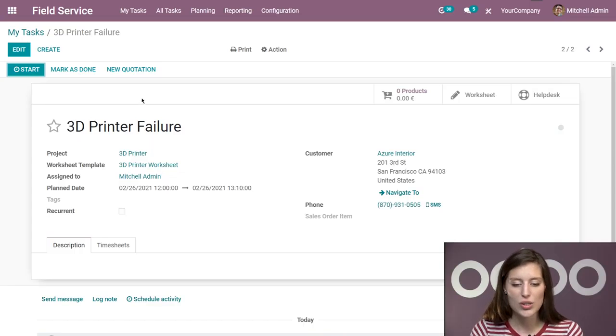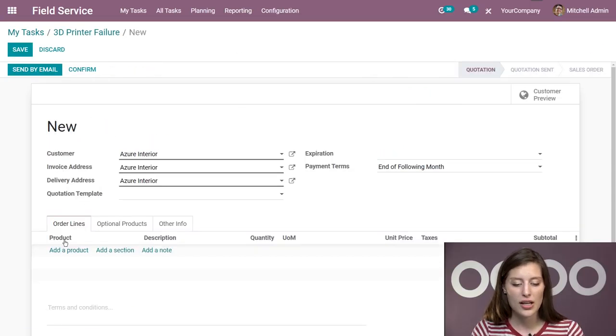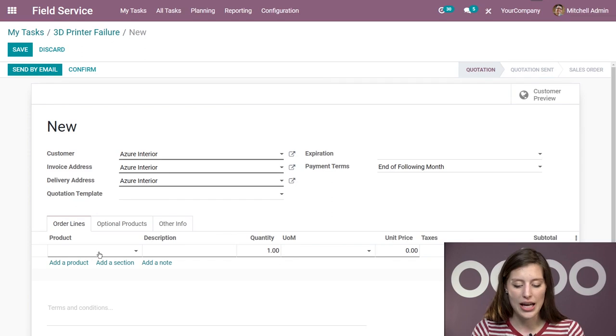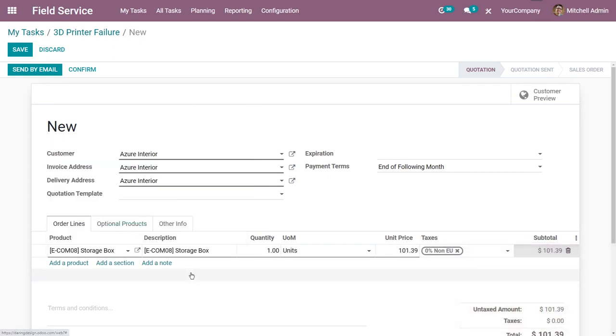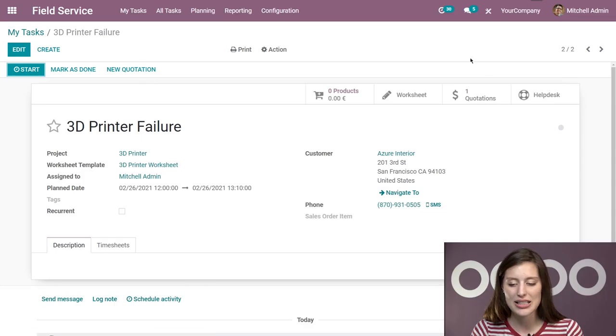So to create a new quotation, I can do that again on site directly from here by clicking on new quotation. Of course, the customer will be added, and then I can go ahead and add some products. So, for example, a storage box, which most likely they won't need for this type of product, but I'm going to use that as an example. We'll save, jump back to the task,